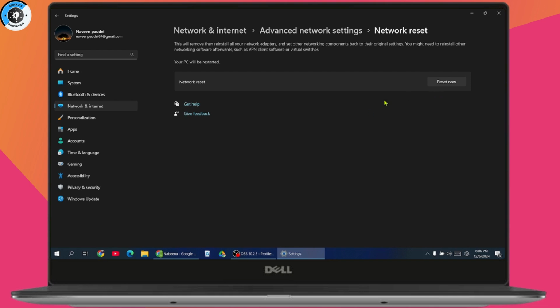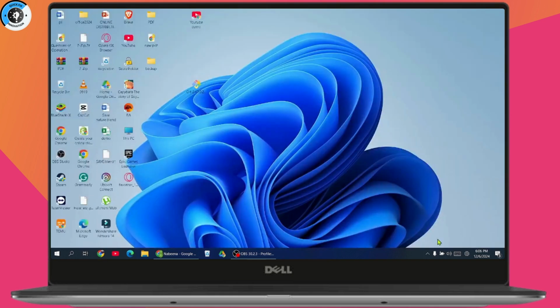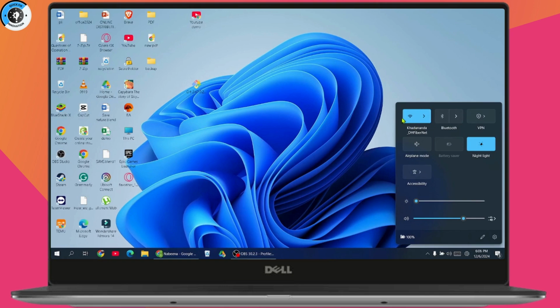But if that doesn't fix your problem, then you just need to simply go and restart your device, or just go and turn off your Wi-Fi and again turn it on, and your problem will be fixed. So that's how you can fix Wi-Fi icon not showing problem in your